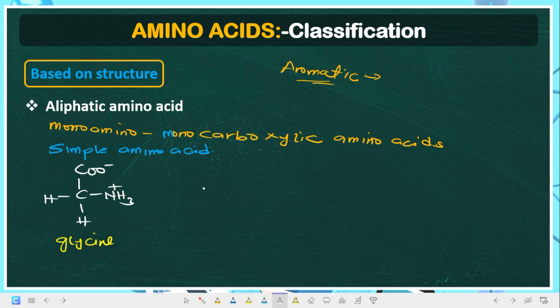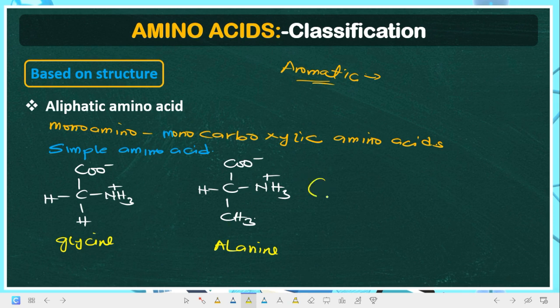Then we now have alanine also. Alanine is C, which we've drawn before. This is negative, and then you have NH3 positive and H and then CH3. This structure is called alanine. Now these two amino acids form the basis of most other amino acids, especially alanine. Alanine forms the basis of almost all other amino acids. Is that clear? So under simple amino acids, there are just two of them, glycine and